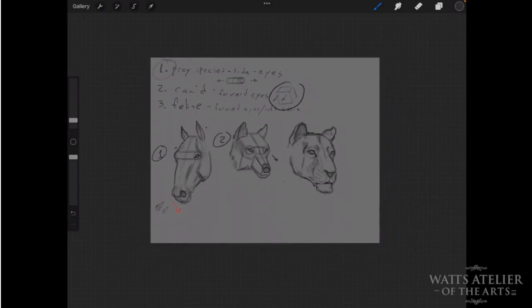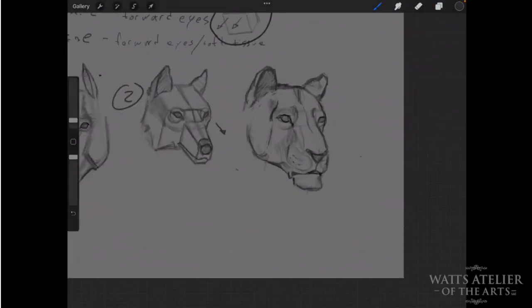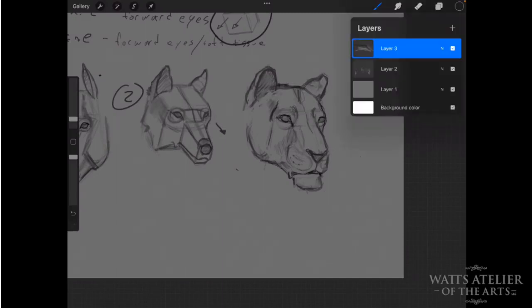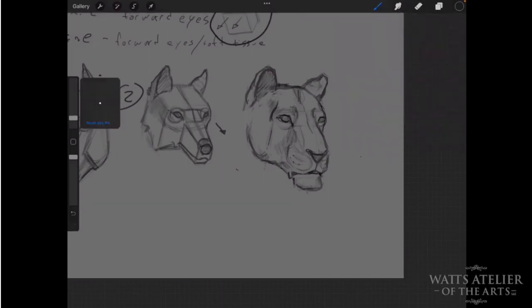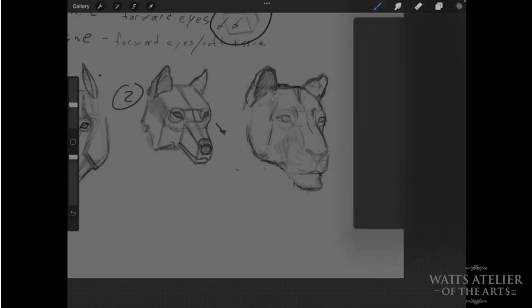There we go. Now, to give this a little bit of a fantasy twist, if you were looking to do that, felines are one of my favorite things. Just really quick, felines are one of my favorite things to play up from a conceptual standpoint to utilize as a basis for something like a dragon or something like that. So I just threw another layer on here. And what I like to do with these guys is almost use that same head construction, right? But then what we can do,